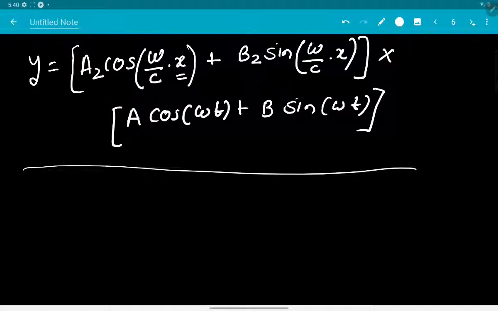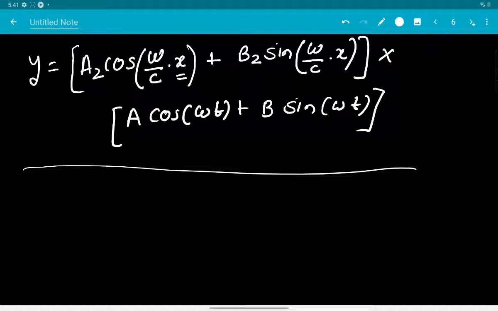So are we done with solving our differential equation? No, not yet. We still have boundary conditions and initial conditions to satisfy. Unless and until I satisfy boundary conditions and initial conditions, I cannot say that I have obtained a solution. So what we need to do is incorporate all those boundary conditions and initial conditions. We'll be starting with boundary conditions first. We incorporate boundary conditions before going to initial conditions.